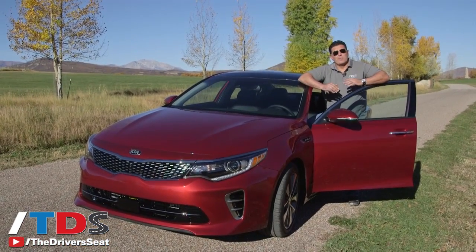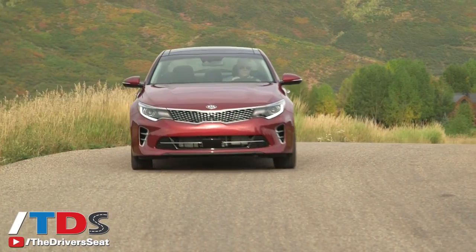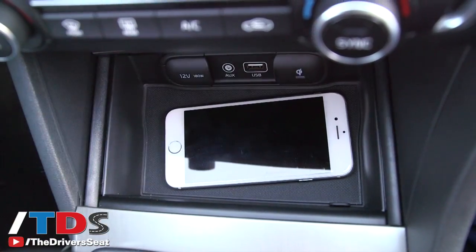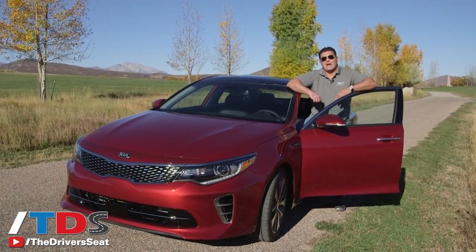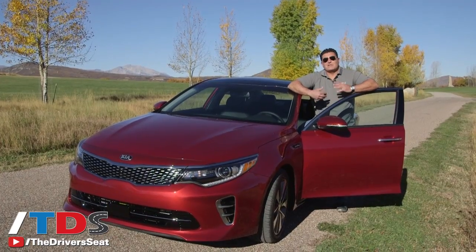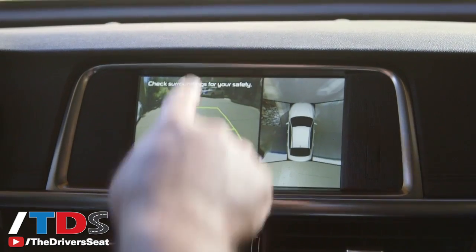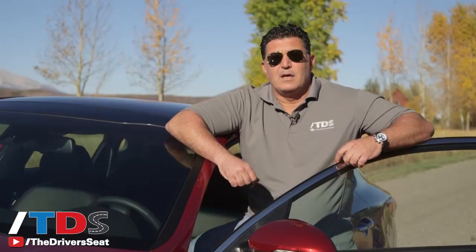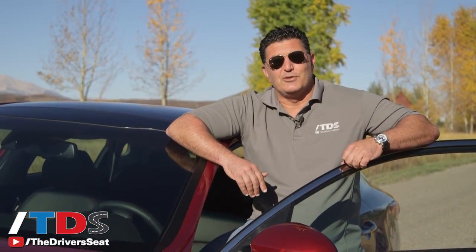Another consideration factor for mid-size sedan buyers is safety and technology. Let's talk technology. You have devices, you've got to charge them up. There are 3 USB ports, one up front, one in the armrest, and one in the back for rear seat passengers. You also have Android Auto and soon Apple CarPlay. Finally. You also have some cool safety features: bi-xenon headlights, smart cruise control, electronic brake new for the 2016 model, and lane departure warning, just to name a few. Kia is a car company that is definitely focused on technology and safety, and it shows in the 2016 Kia